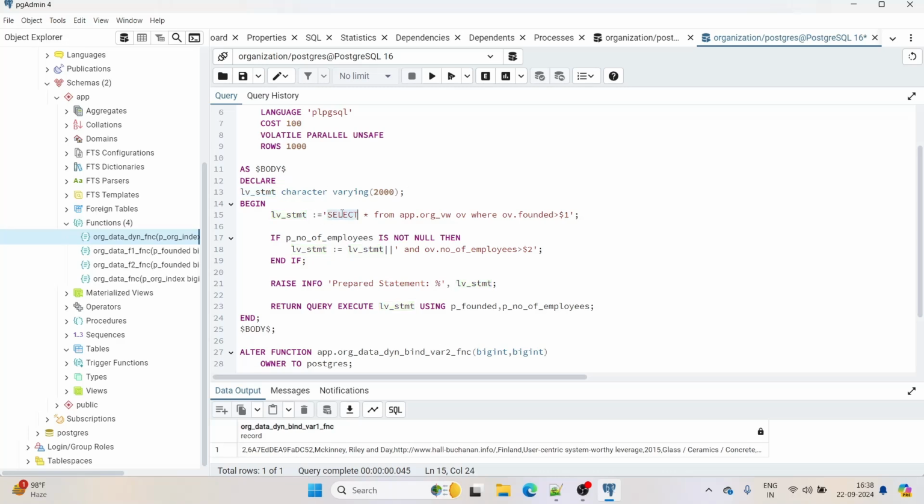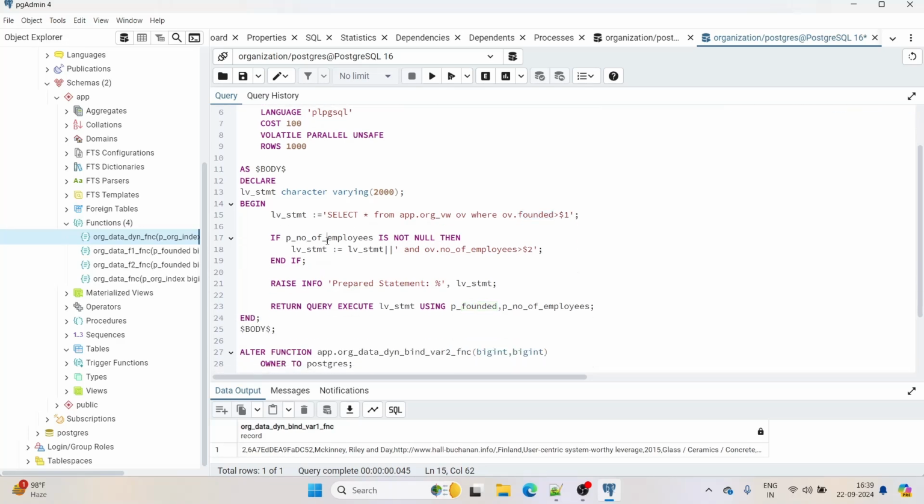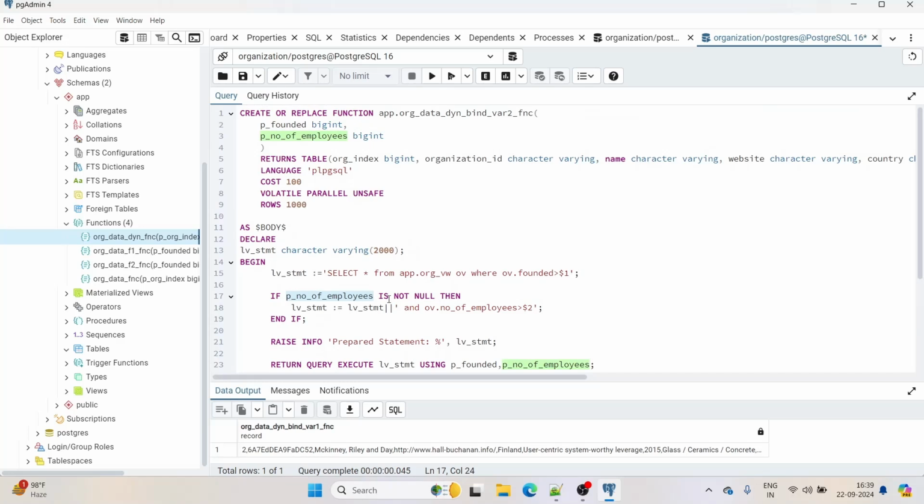In LV statement we first prepare half of our dynamic query, that is SELECT * FROM app_org_view WHERE ov_founded greater than $1, right? Whatever founded year we pass, it should be greater than that founded year. So we need all the organizations which are founded after the year we are passing, like 2000, so all the organizations founded after 2000, right? And then I am checking the second parameter p number of employees. If it's not null, then